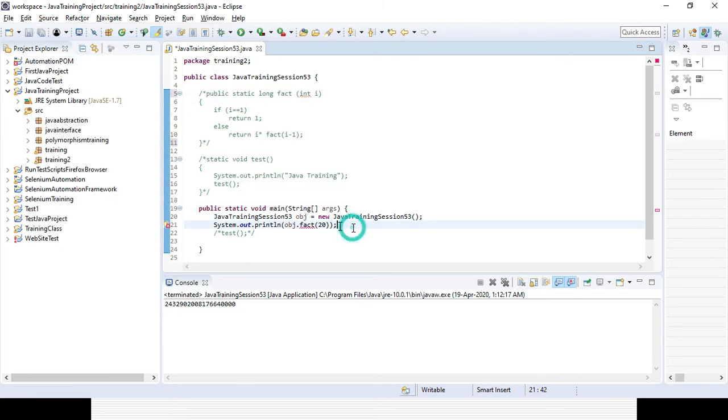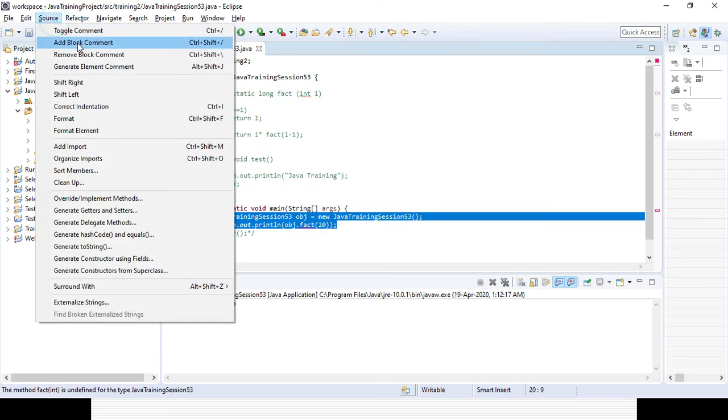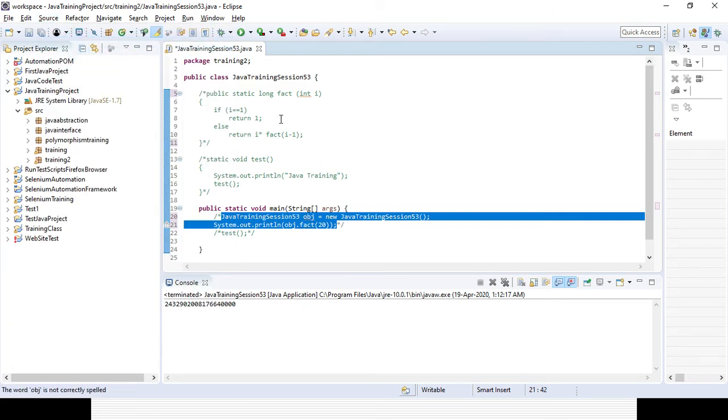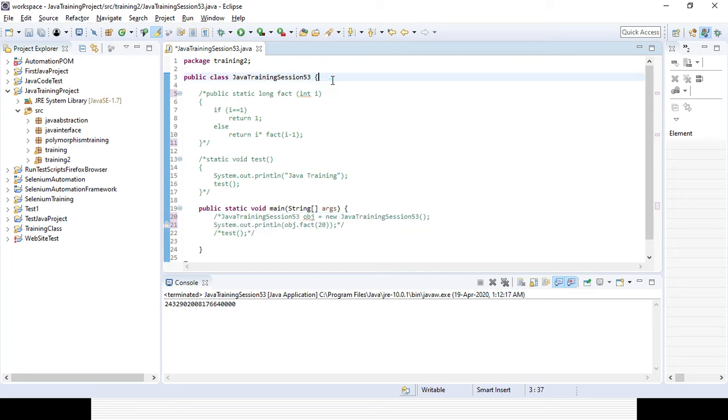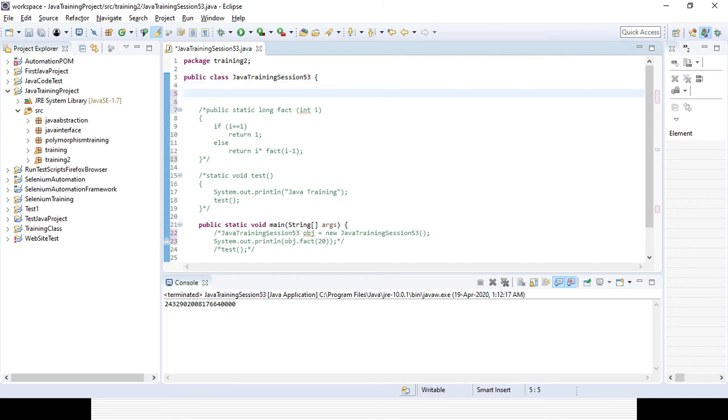Let's comment it out. So now I will show you the Fibonacci series. So what is the Fibonacci series? It is a sequence. The Fibonacci sequence or series is a series of numbers where a number is the sum of the previous two numbers, right? So what is the series? 0, 1, 1, 2. Suppose 0 plus 1 equal to 1, right? 1 plus 1 equal to 2.